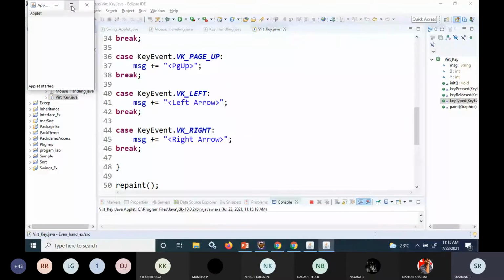For example, if I'm pressing the right arrow key, I'm getting the message right arrow. That means it is telling that the right arrow key was pressed. Then the left arrow. Then if I press page up, page down, function key 1, function key 2.